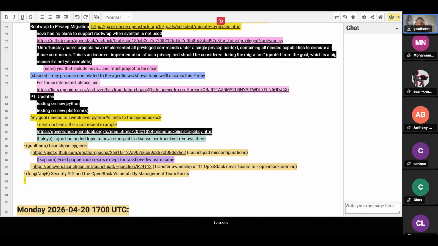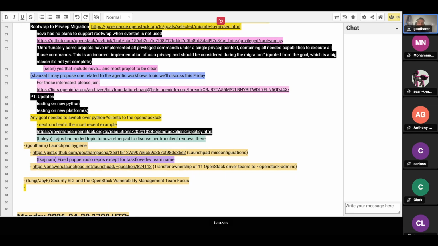So take a look at this gist. It gives you a picture of what's misconfigured today from what we discovered. Some of these are things like we have individuals that own the teams that manage these trackers, and these individuals probably no longer work on OpenStack or in these specific project teams. We've had time and again an issue where core reviewers or PTLs are not able to do any work on Launchpad, given that they were never part of a team and so on.